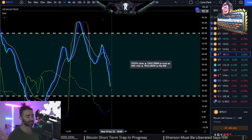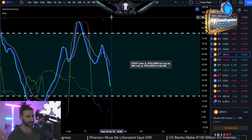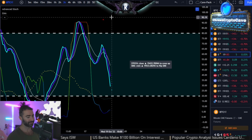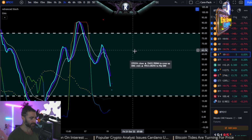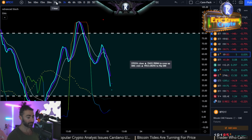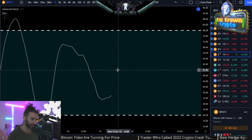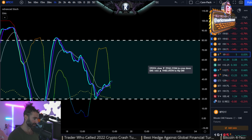To call it a trap is honestly disingenuous on my own part, because it's such a short-term time frame move. Like, it really doesn't matter. Is it technically a trap? Kind of, yeah, but we're talking about really shallow time frames here. 3-hour time frame also downside angle below 19,450, so same numbers coming in right there. And then hourly is going to be up, I think. Or is it? Yes, it is going to be up above 19,150,